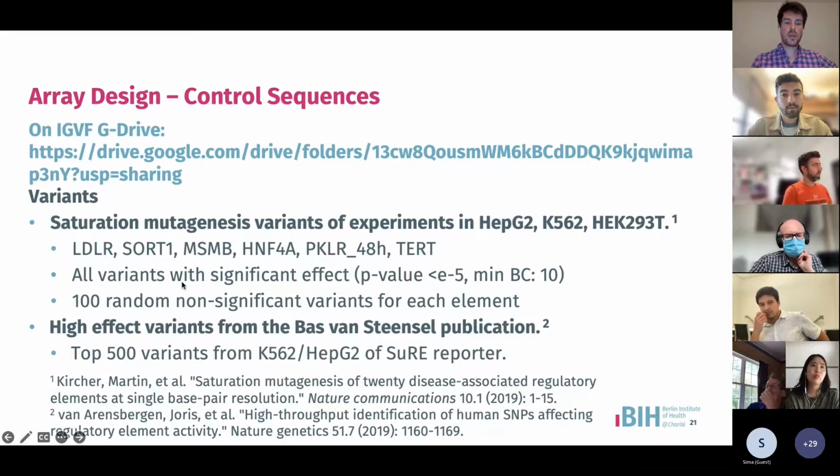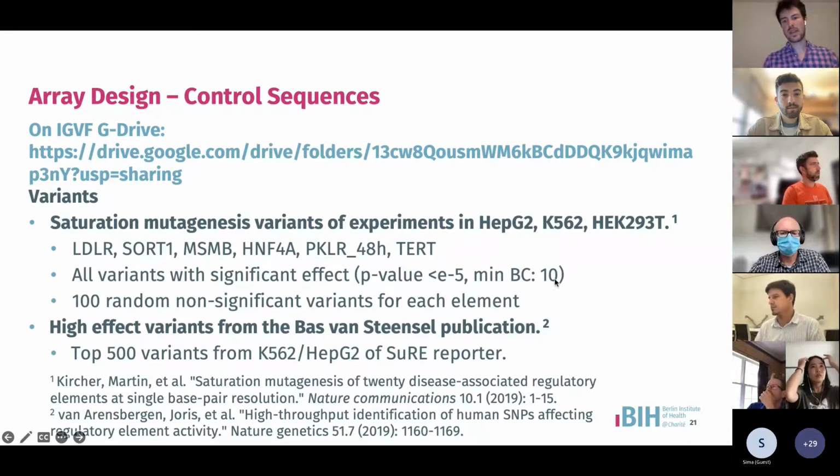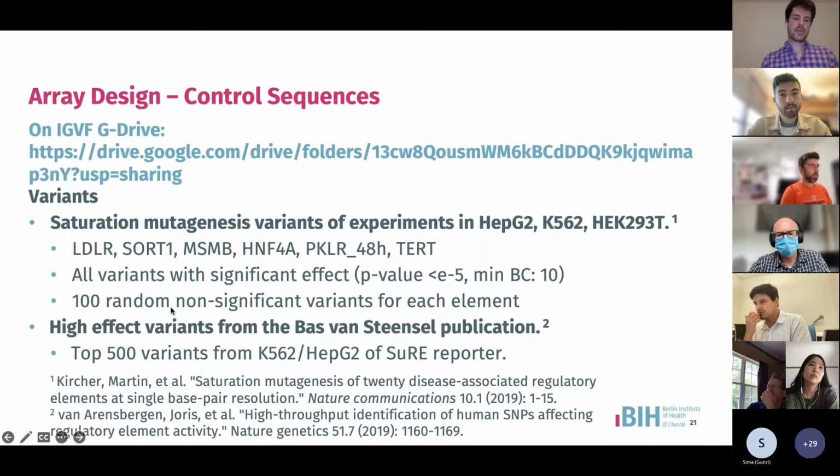I used all variants with a significant effect, so a low p-value, significantly different from 0, and at least a minimum of 10 barcodes to be sure that the effect estimation might be good. And I add for every one of those elements 100 random non-significant variants for each element. So there's maybe a negative